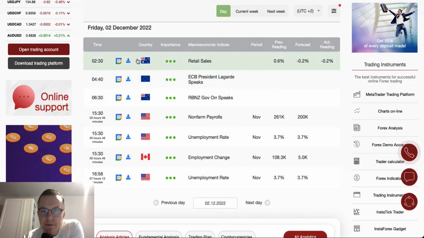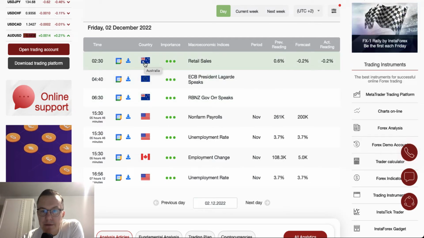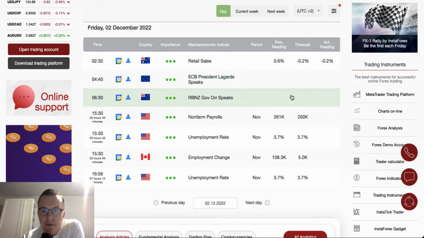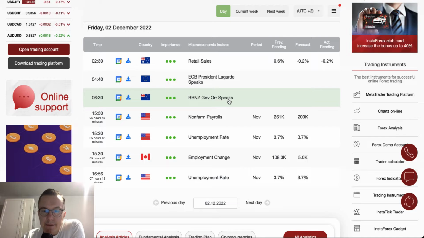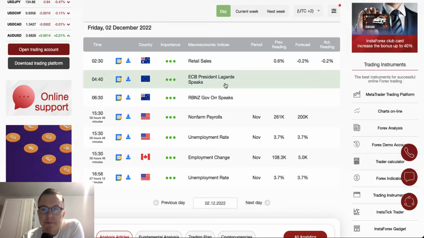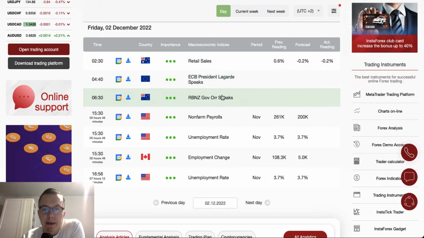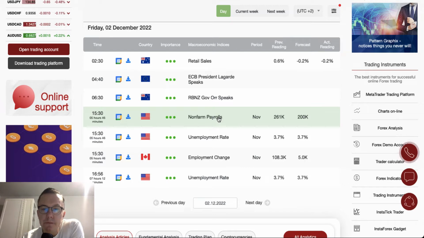same hour, 3:30. But before all of that happens, there are some data or events already published. Retail sales from Australia had been published, minus 0.2%, just as the forecast. And of course, we got some speeches from the ECB's Lagarde and the Reserve Bank of New Zealand governor, or they already spoke. So apparently the London session doesn't look that busy anymore, so we are all waiting for the non-farm payrolls. So let's find out what is going on the charts, and we are going to start with the